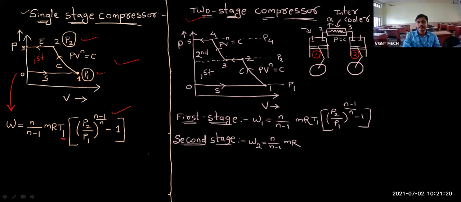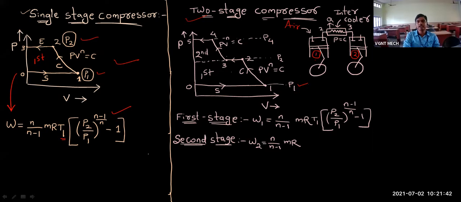Okay. So what happens? This is for the first cylinder. This inlet valve will open, and air will enter the cylinder. Suction will take place at constant pressure. So point 0 to point 1, this is A, which stands for suction. Suction will take place at constant pressure. Suppose on this line the pressure is constant, that is P1.